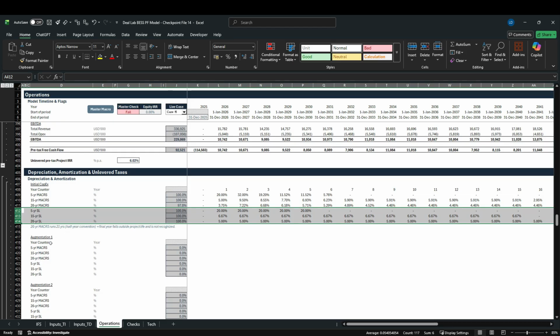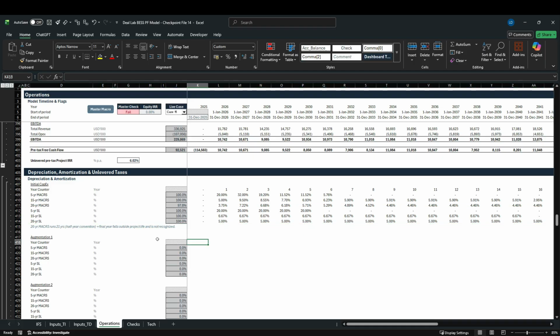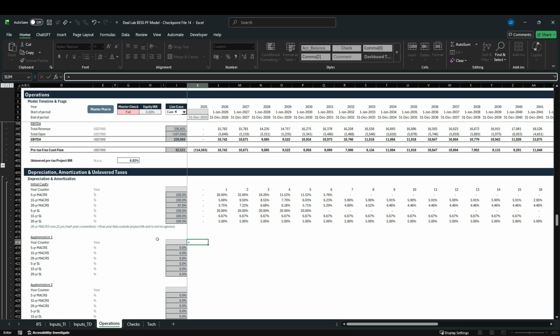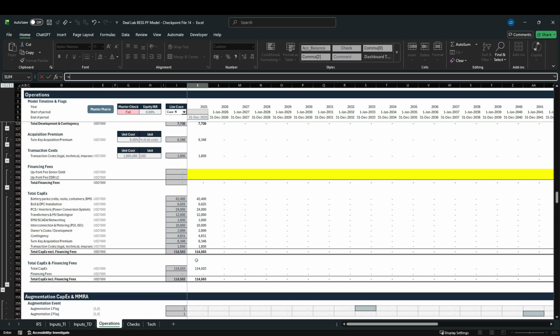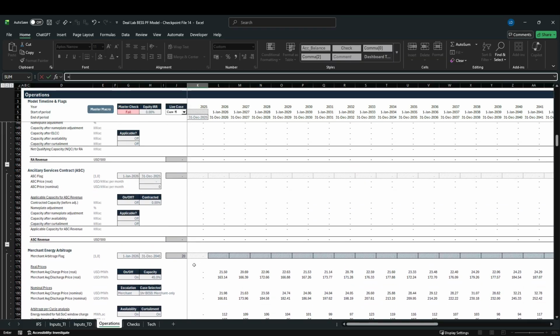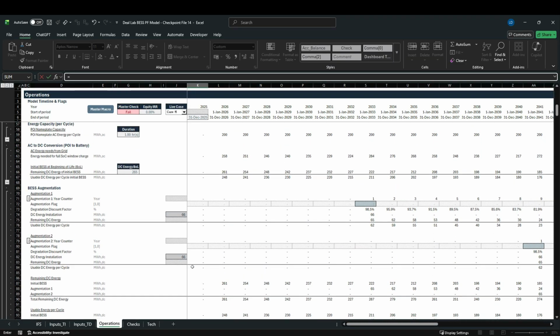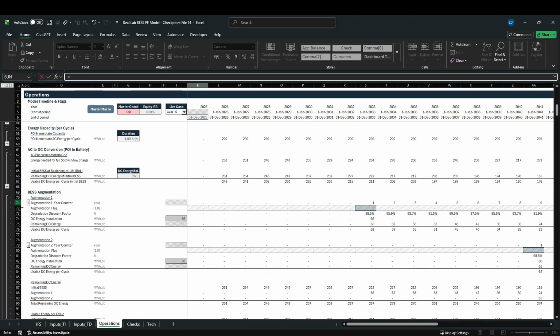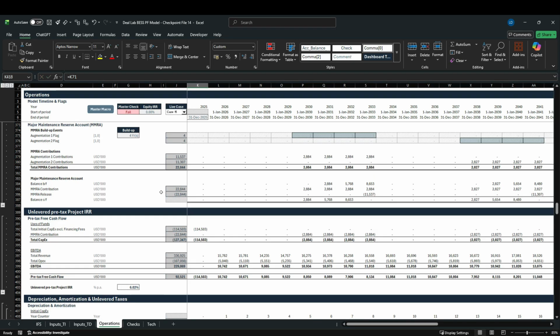And now we need to do the same exercise for our 2 augmentations. So let's start with augmentation 1. And here we will have our year counter as well, which is going to equal to, let's scroll up to our first augmentation. And in row 71, you can see that we already have an augmentation 1 year counter. So all we have to do is simply link it to this value here, hit enter,